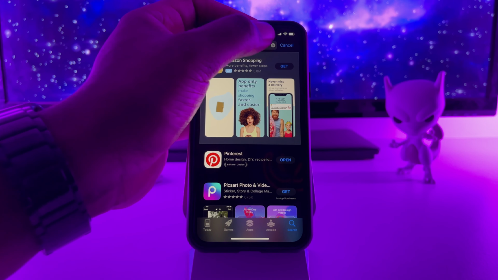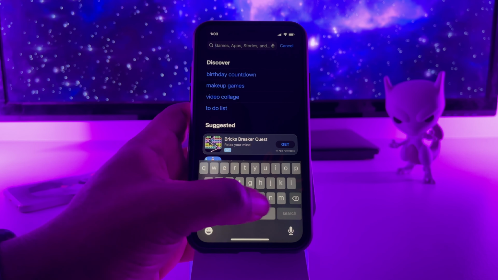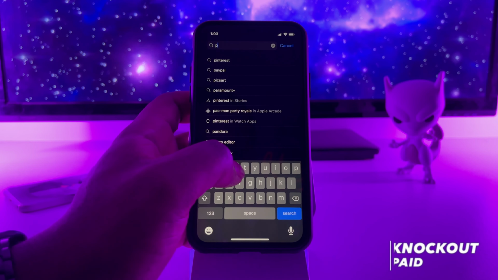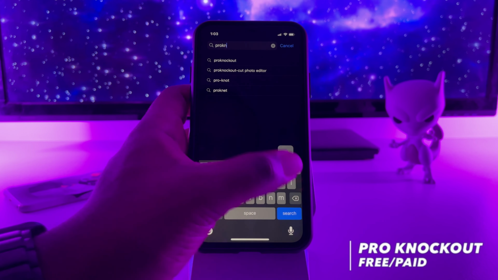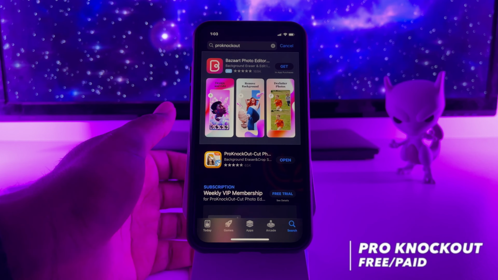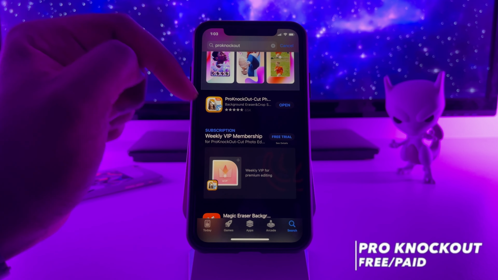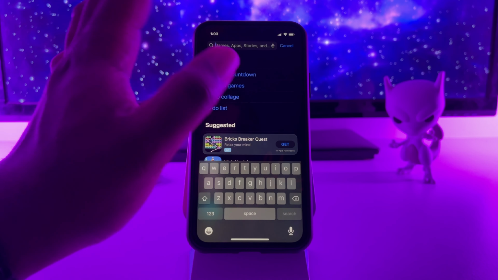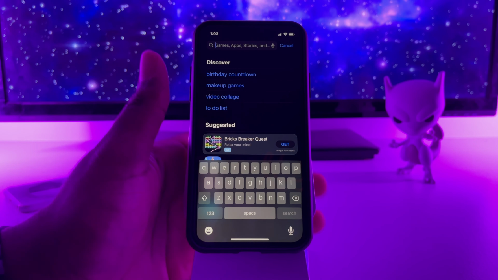And the last app we're going to download is called Pro Knockout. And it's this app right here. It's also free. It's also one more app we need to download, and it's called